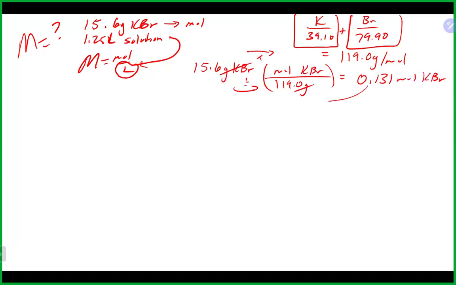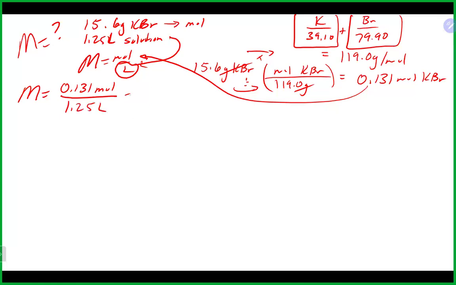At that point, we now have the top part that we need. So we've got the top part and the bottom part. So we could calculate our molarity by taking our moles that we just calculated, divided by our volume, which is in liters. Again, if it was in milliliters, you would need to convert it to liters. And we're going to divide it by 1.25. That's going to give us a